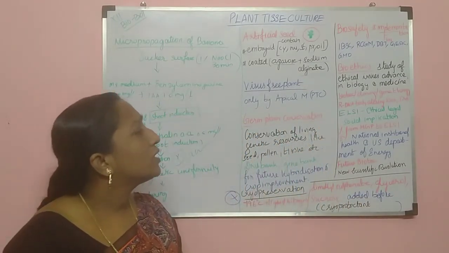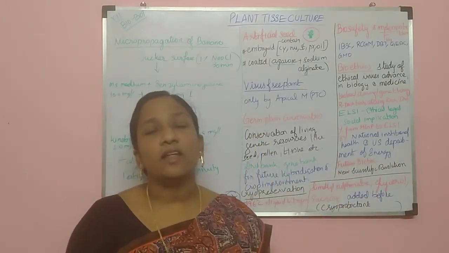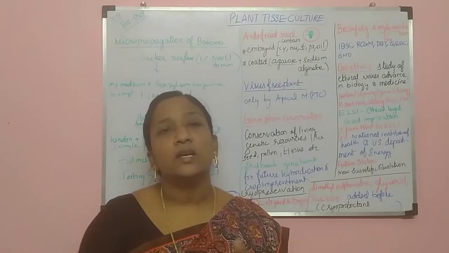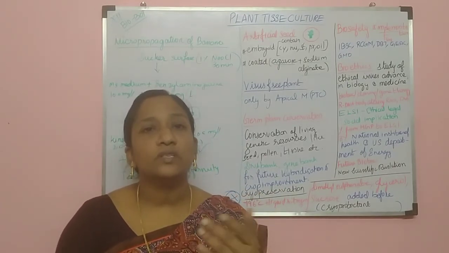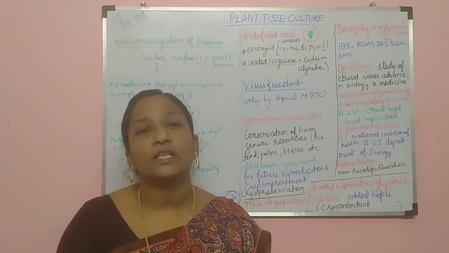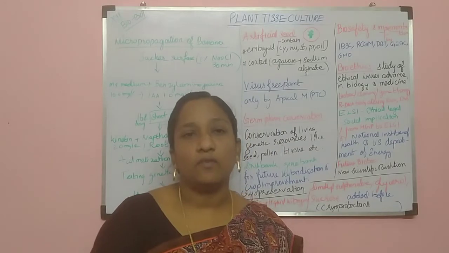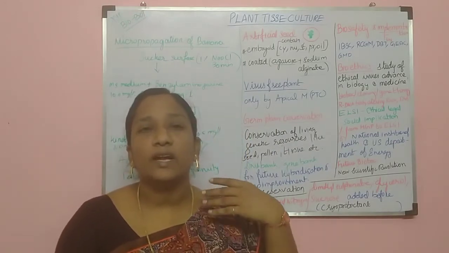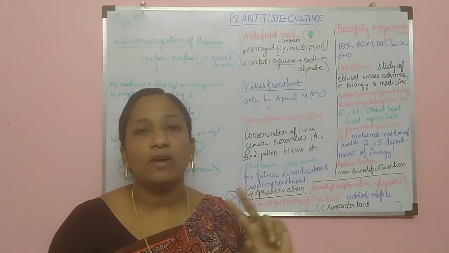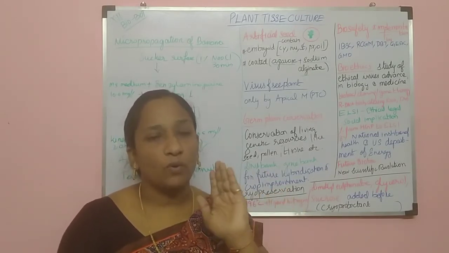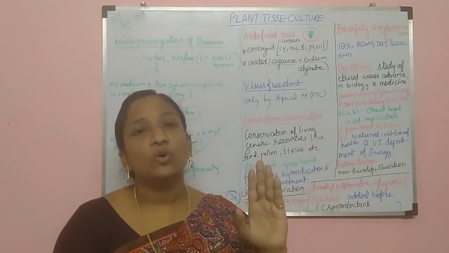Okay, so this is about plant tissue cultures, whatever things are in the lesson. And we already learned about bio patent and intellectual property right. So what is a patent? Patent means if you invent anything, you have to get the patent. If you got the patent, no one can claim or raise a question. But it has to be proper and it should not have been invented previously by any other person.